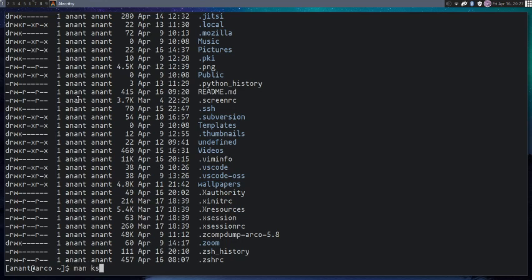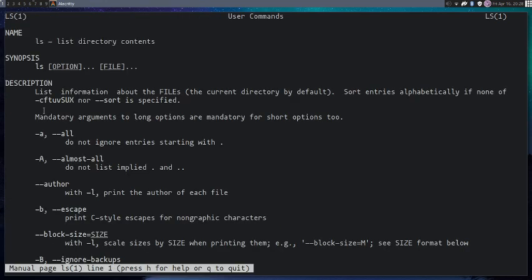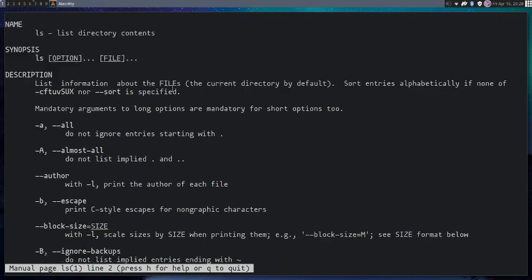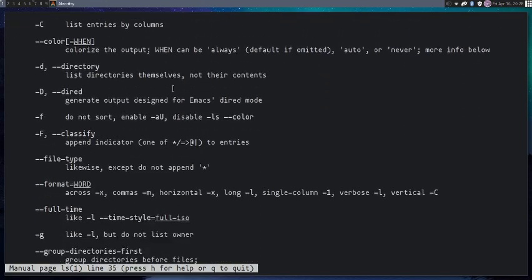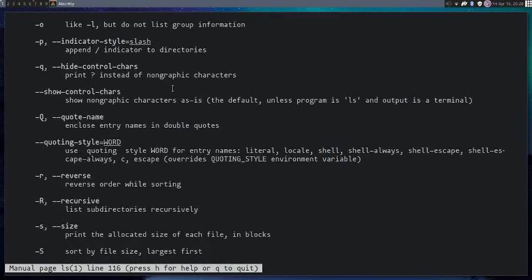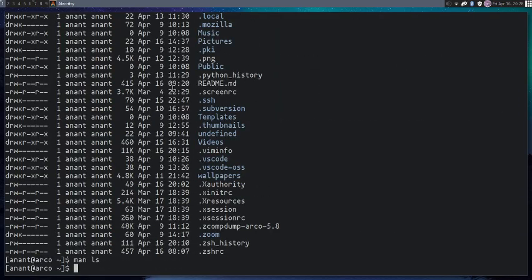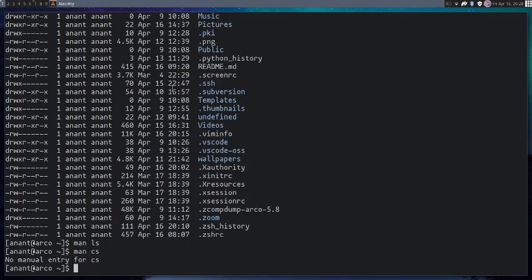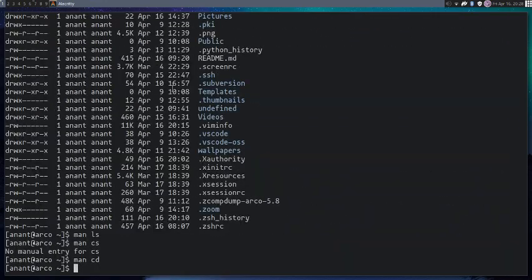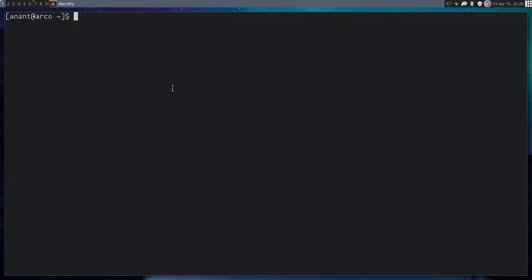If you write man ls, you can see the synopsis and description, and it's a very good way to see what a tool can do. It works for cd also, it's also there. Man pages are very good, useful stuff.